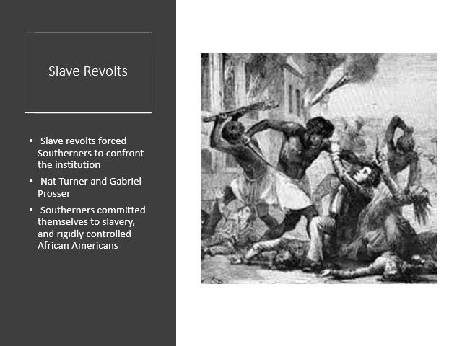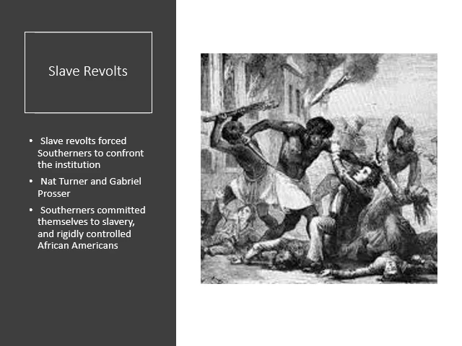However, there were a series of slave revolts. Slaves were revolting against the institution, and these slave revolts forced Southerners to confront the institution. Gabriel Prosser was a literate enslaved blacksmith who planned a large rebellion in the Richmond, Virginia, area in the summer of 1800. This rebellion was quickly quelled, but he was planning to have a huge uprising. Nat Turner's rebellion was actually a larger rebellion that took place in Southampton, Virginia, in August 1831.